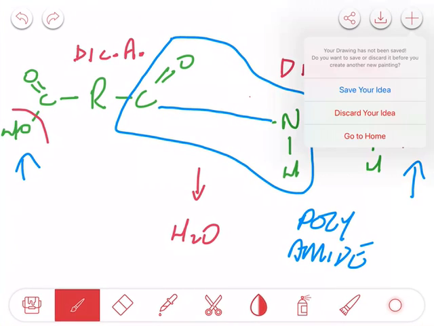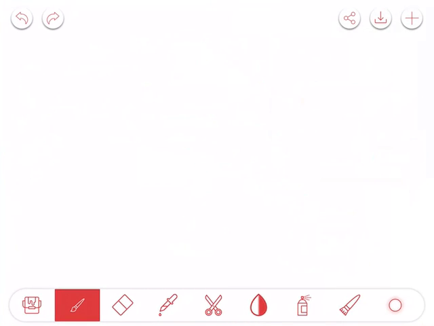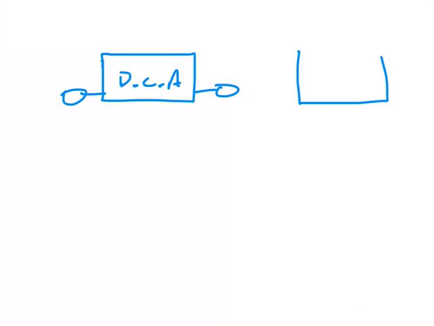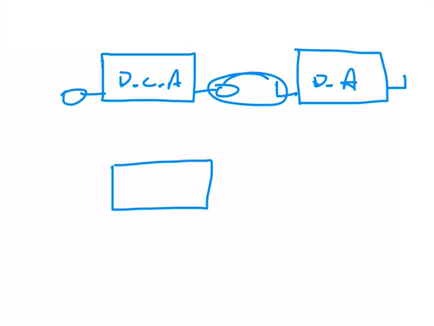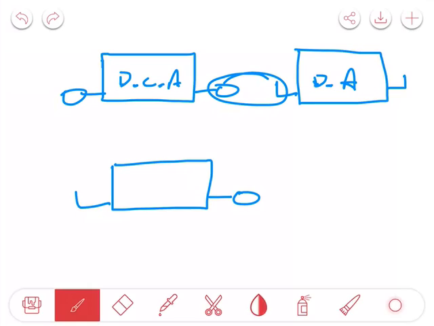And again, you can think about this as carriages on a train where you've got your dicarboxylic acid, which has a hoop at the front and a hoop at the back. And then you've got your diamine, which has got a hook at the front and a hook at the back. So they join basically there. And just like before, there is an alternative way that they can join. There is an alternative way where you could have a hoop at the front and a hook at the back,